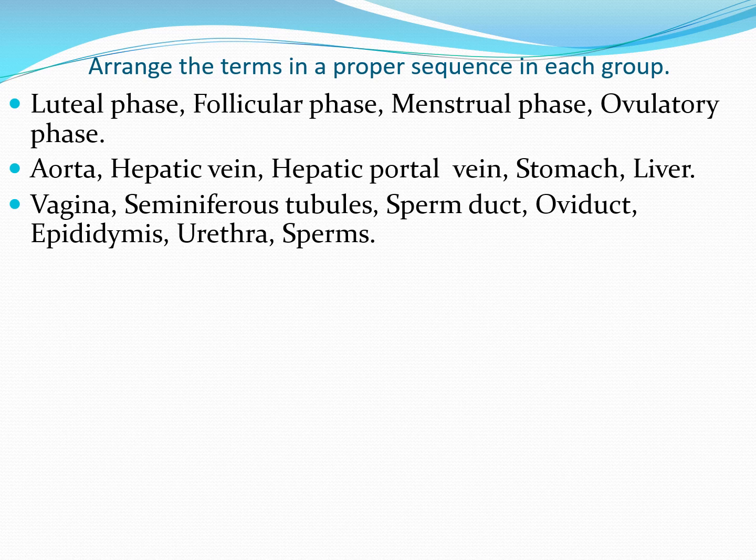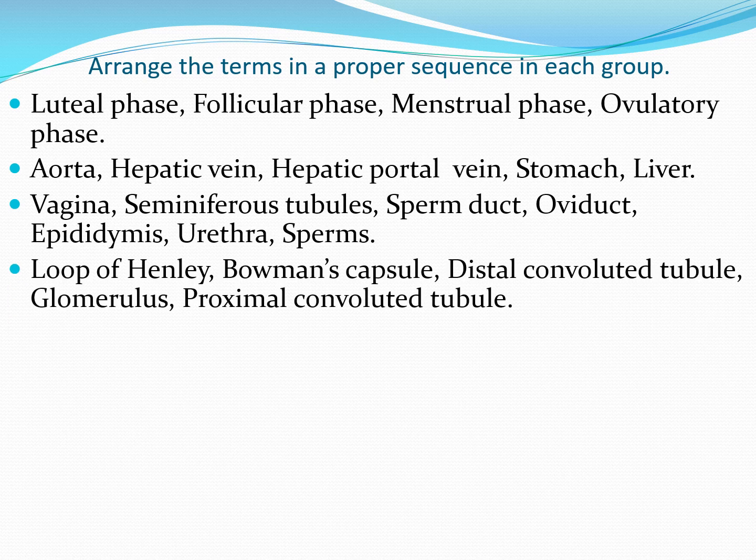We can also write it the other way, that we can place the sperms in second position. That means from seminiferous tubules sperms are released, which are stored in epididymis, carried by sperm duct, released into the female reproductive system through urethra, in vagina. From vagina they swim up to oviduct. So the second way of arranging these words is seminiferous tubule, then sperms, next epididymis, next sperm duct, next urethra, next vagina, and next oviduct.